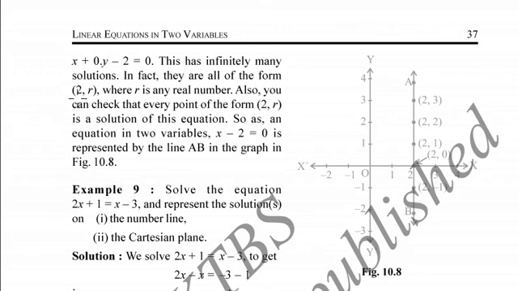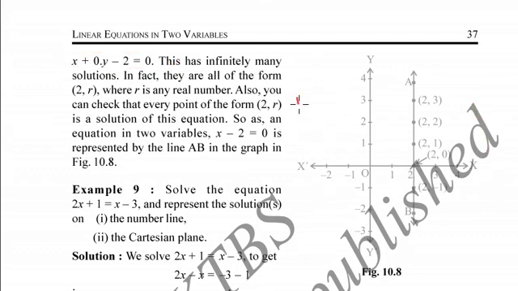The value of 2 is constant. The value of x doesn't change. The value of x is constant. We can only change the value of r, where r is any real number. When we plot a graph for this equation, we will get this.